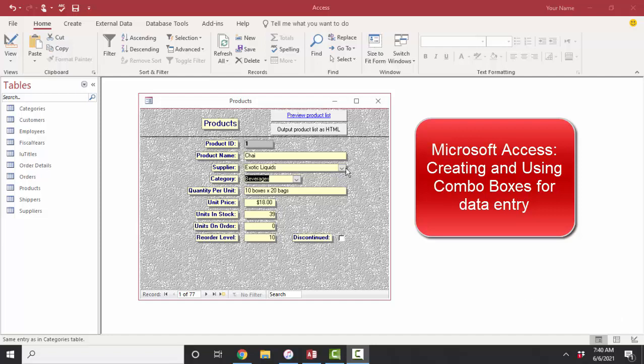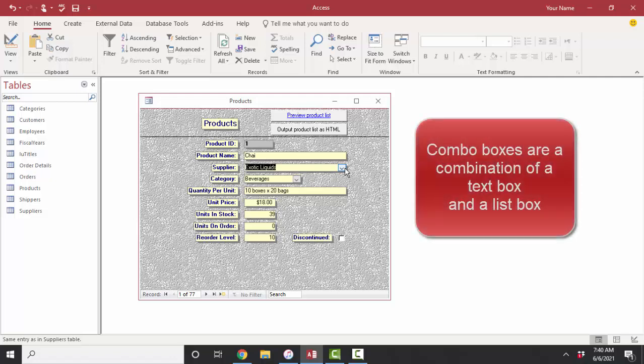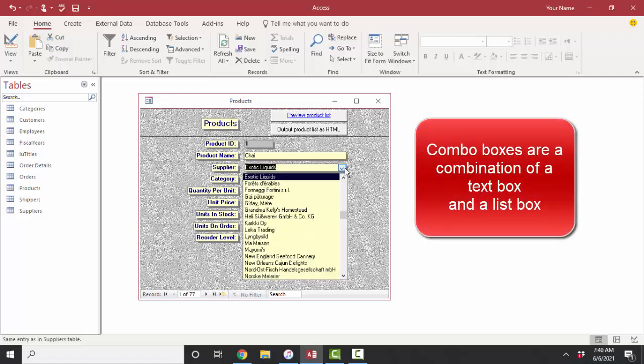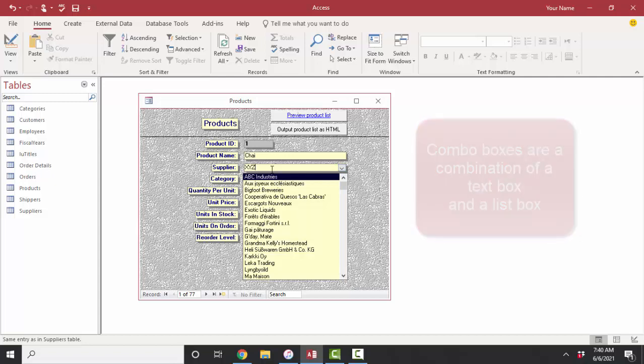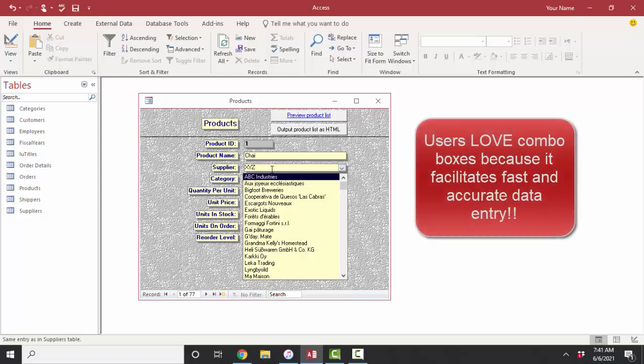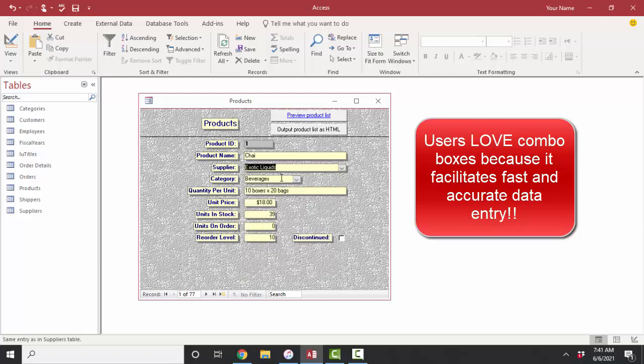This time we're going to talk about combo boxes, using combo boxes for data entry. Lots of times people will call this a drop-down list, and it is, but technically it's called a combo box in Access. The reason for that is because it's a combination between a list and a text box. Now you can modify a combo box's properties so that it cannot be used to enter any value other